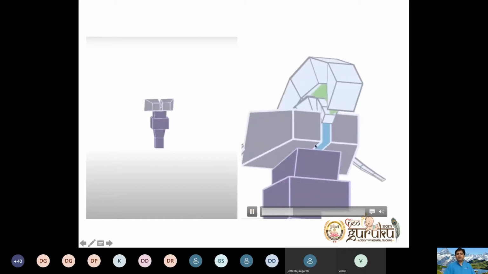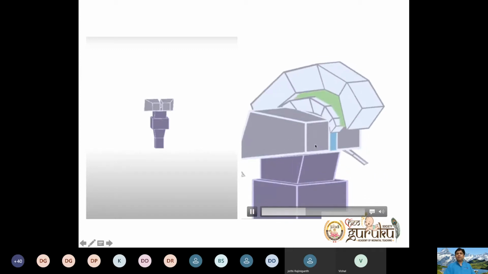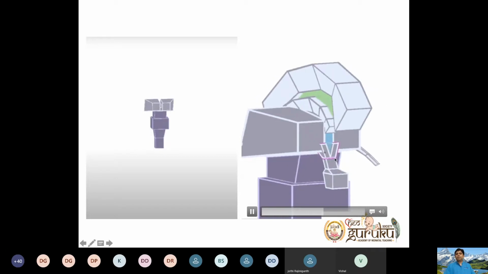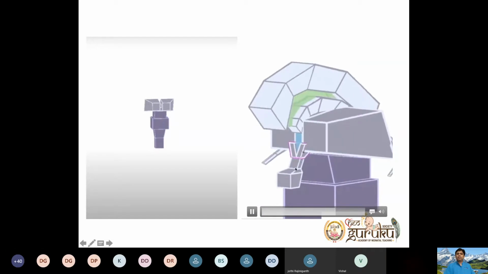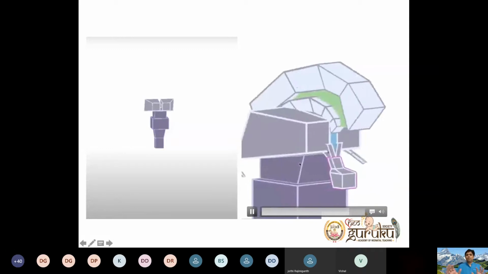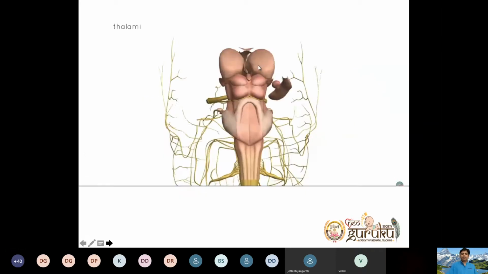So this is your third ventricle, the blue color one. On either side, you have thalamus, fornix. Green color is your CSP and corpus callosum. Fornix, CSP and corpus callosum. This is your hypothalamic stalk. Then this is your pituitary gland hanging there. So you can see the relationship, how it looks. Once you know this, then it's easier. So we'll move on to the next one.